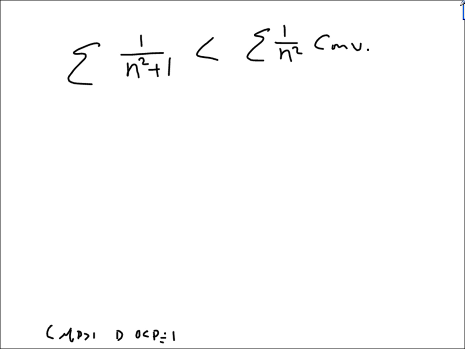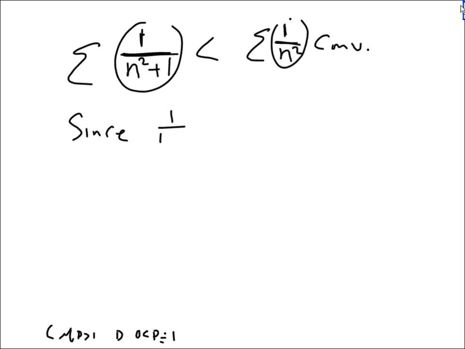And what happened is that these terms are all smaller. We both have 1 on top, and here I'm dividing by 1 more than over here. Each of these are smaller than each of those. Since 1 over n squared plus 1 is less than 1 over n squared, and the summation of 1 over n squared converges,